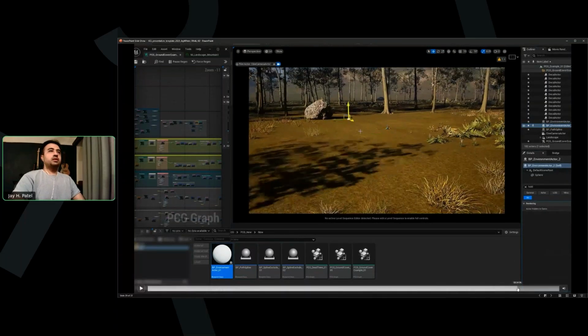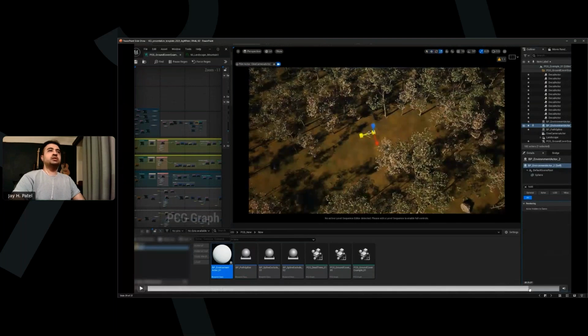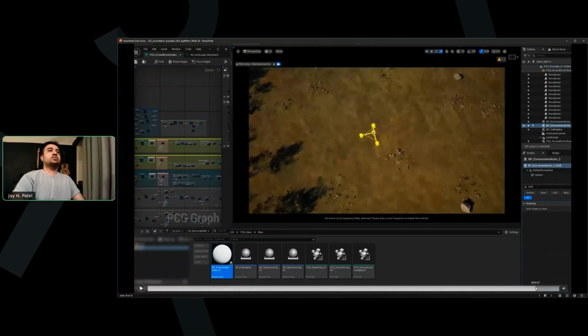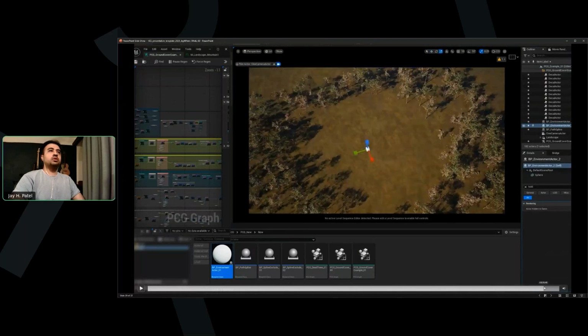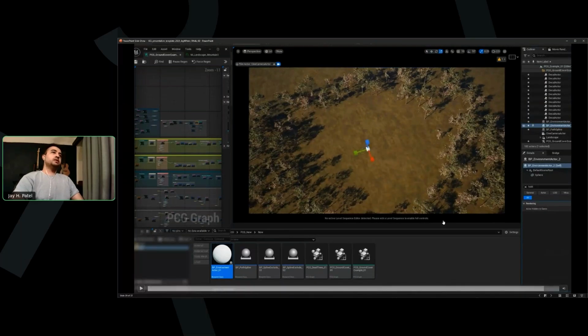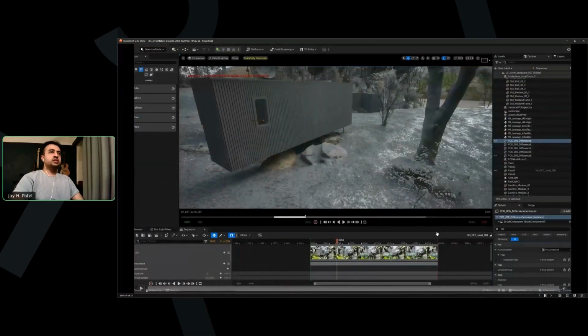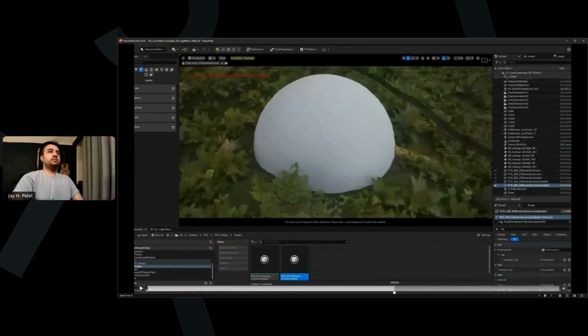And once I scale it up, you can see we get this effect where nothing is being spawned on that section. It's better illustrated, I think, over here.